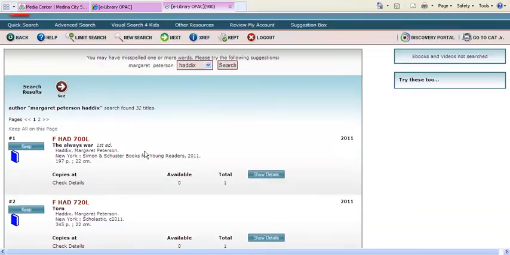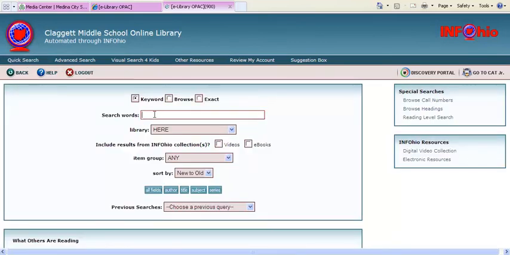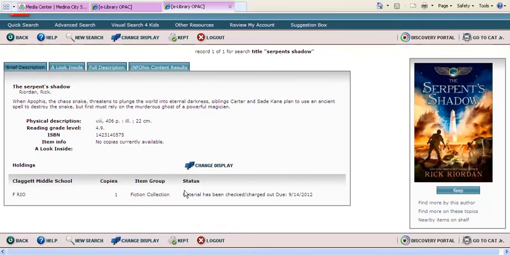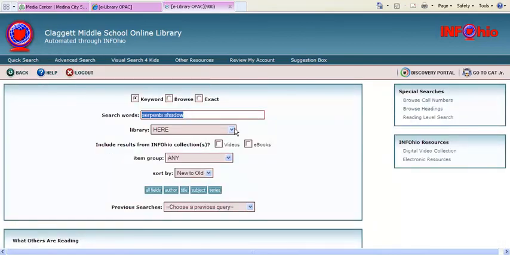The other thing that's nice about searching the catalog is that you can search more than one school. If you go back to your quick search and we want to search, let's say we want to find the most recent Rick Riordan book. So we're going to search Serpent Shadow. This time we're going to select title. At Claggett, we'll see that there's one copy and it has been checked out and it is due on September 14th. But if we go back then and change this library